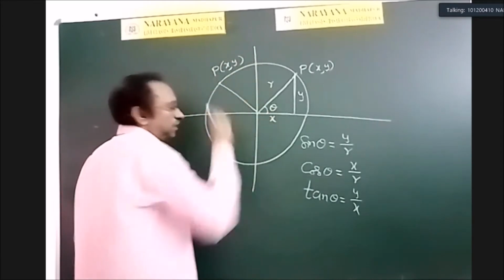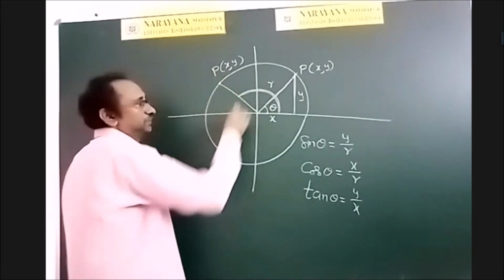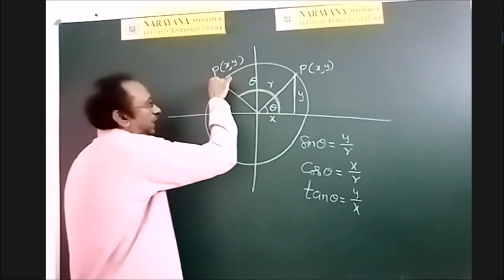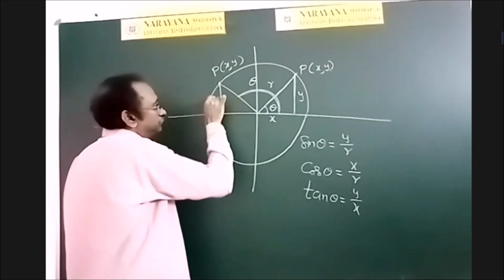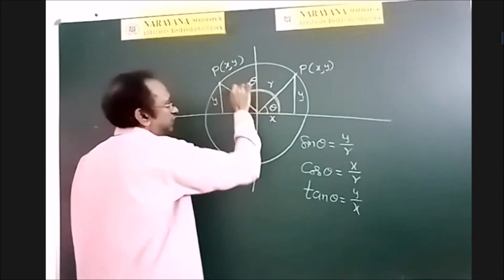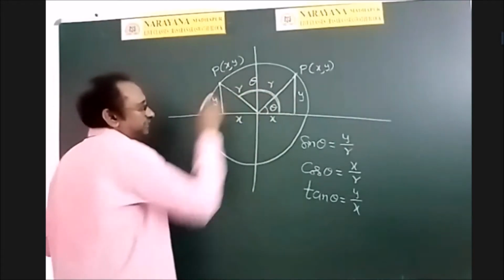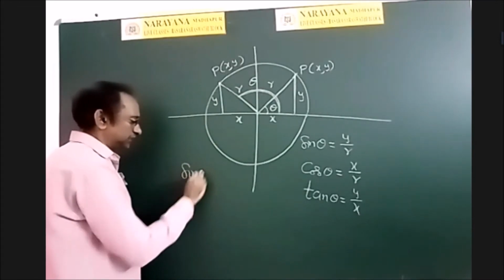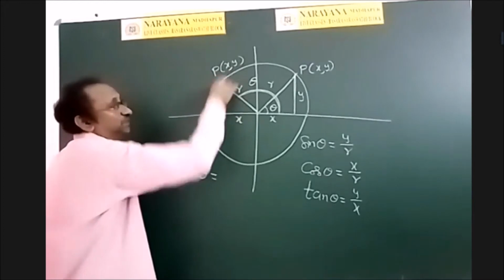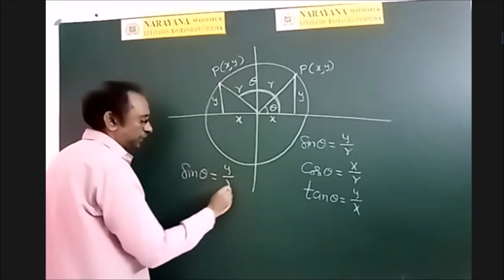Join this. And now the theta is this one. This angle is theta. For this theta, how is sin theta defined? Again, draw the perpendicular. This is y and this is x. This line is always the radius, fixed r. So once again, for this theta also, sin theta is defined by this y. It is nothing but the y coordinate of that point by the radius, y by r.